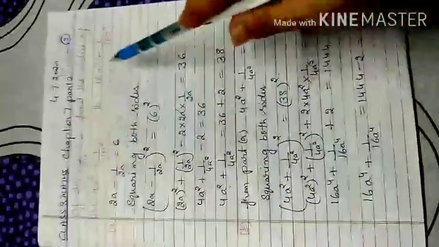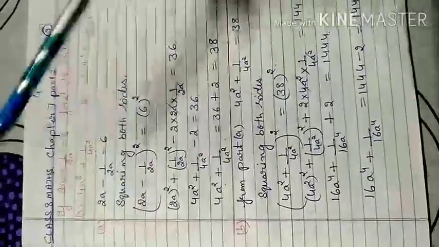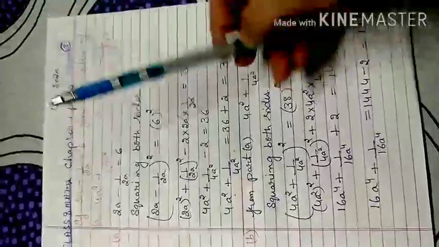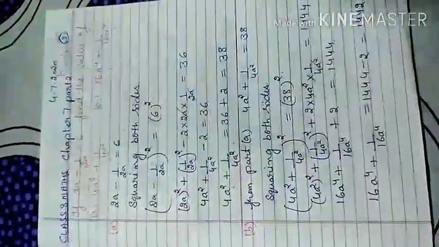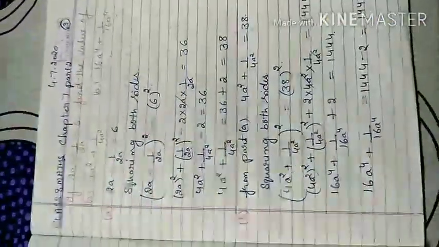If this type of question is given, first, whatever equation is given to you, square both sides, and you get the first part answer. But for the second part, before that you check: is it the square of the first part? Yes, is it the square of both the terms of the first part? Then you continue from the first part, squaring both sides.